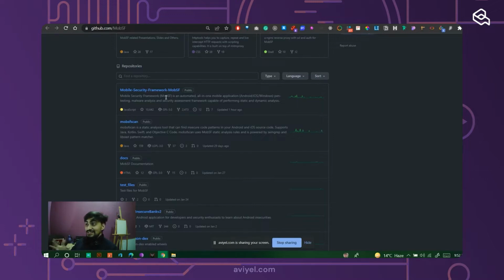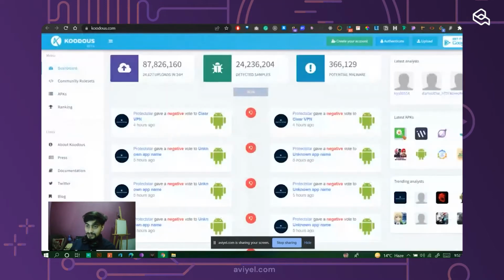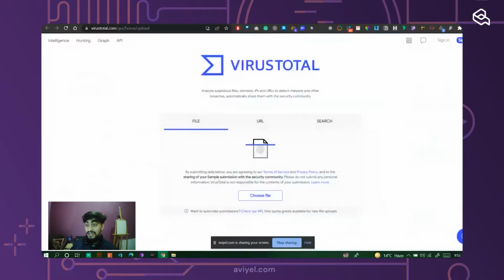So there are tools out there that you can use to analyze your Android application. For example, there is Kudos, you can go check it out, where you can analyze your Android application. And there is a VirusTotal tool where you can analyze your application. But the thing is that